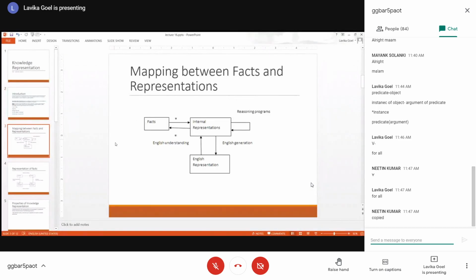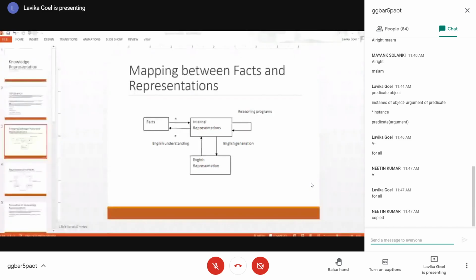Fine. So whatever I just explained, you can have an internal representation for every fact, right? That internal representation could be a mathematical logic representation or a predicate logic representation. Whenever you have a fact, you can have an internal representation of the fact in your own way, basically how you want to represent that fact. That's called internal representation. And through some reasoning, you can change the internal representations into some other representation, which would represent your final fact, which you want to derive, right?